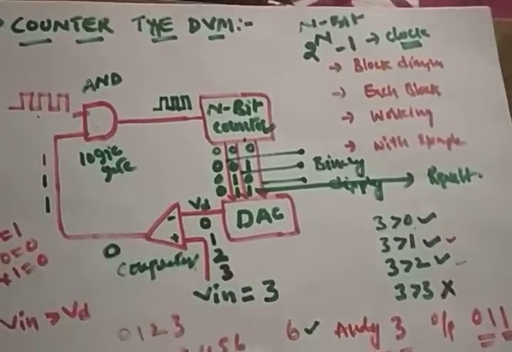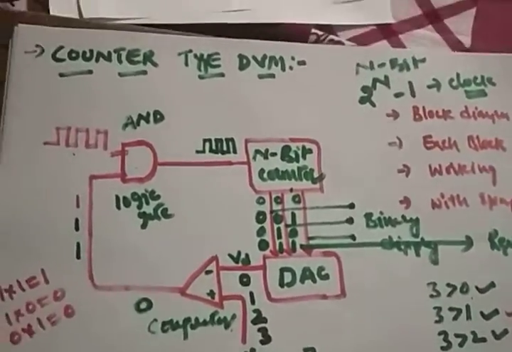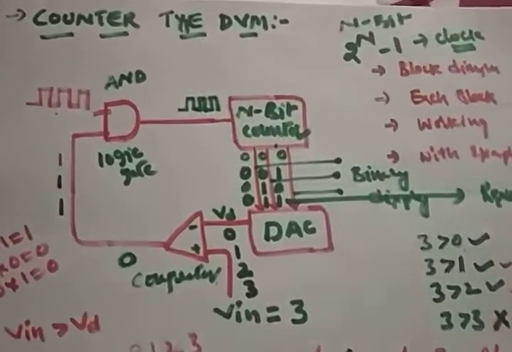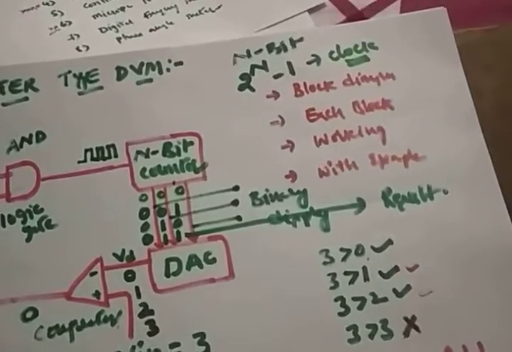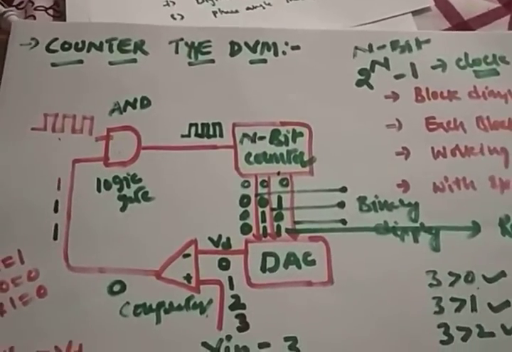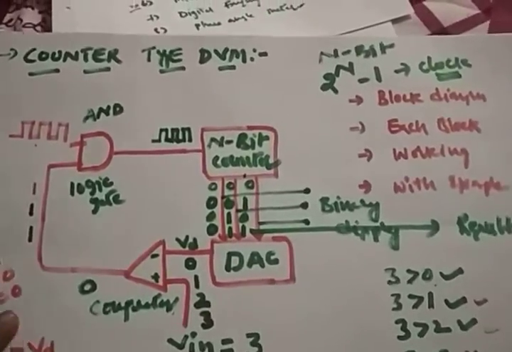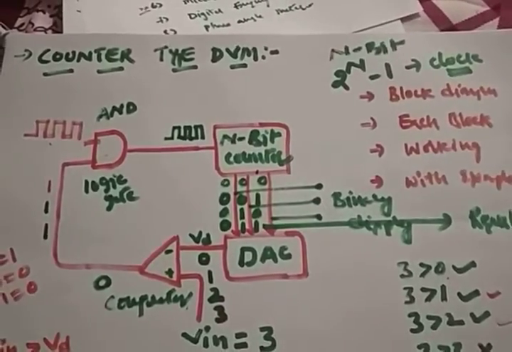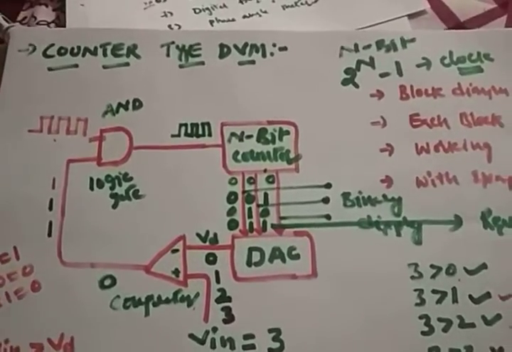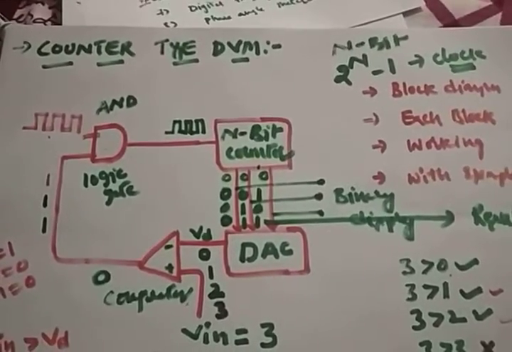voltmeter called the successive approximation digital voltmeter. Right, so this is about the counter type digital voltmeter. The main drawback of this counter type digital voltmeter is that the number of clock pulses is 2 power n minus 1. Hope it's clear, right? How many clock pulses are required? If it is 3 bit, 7 clock pulses are required to find out 7, 6, 5, 4, 3,